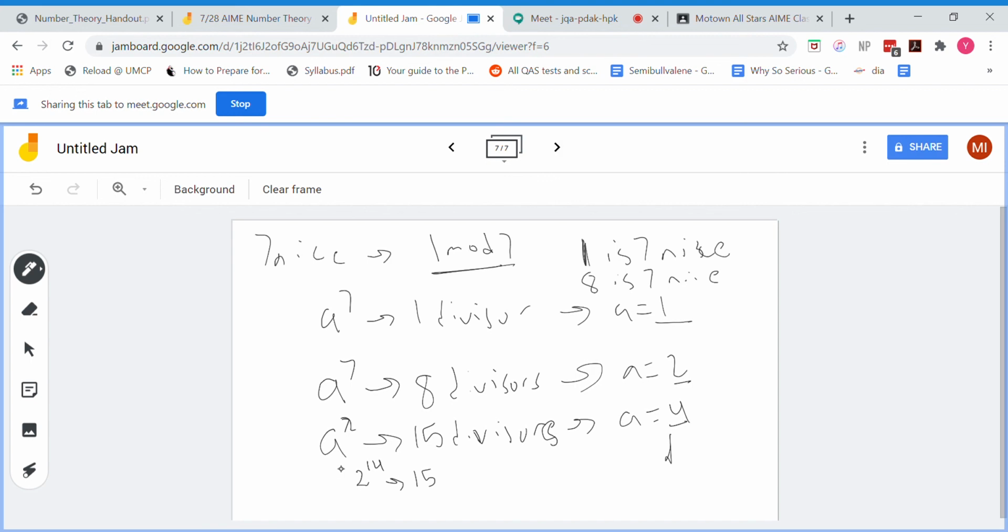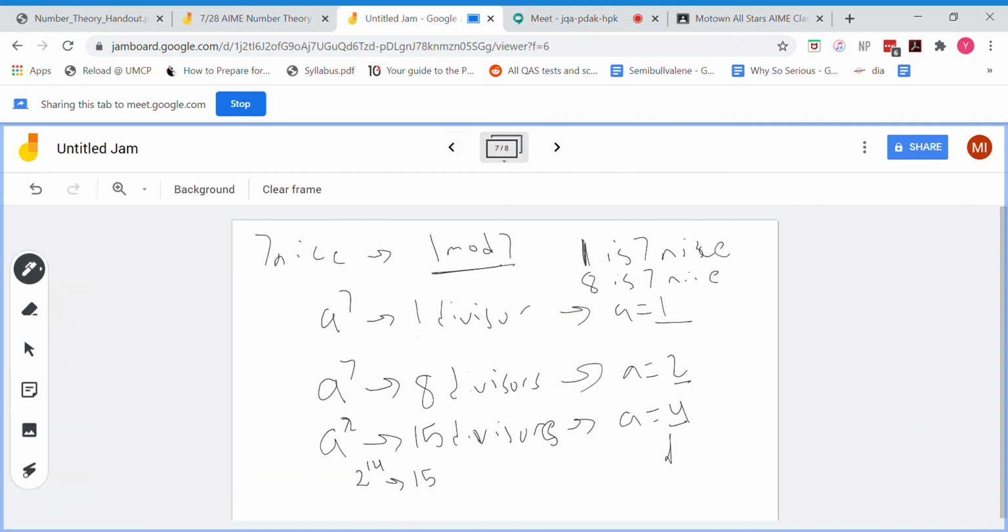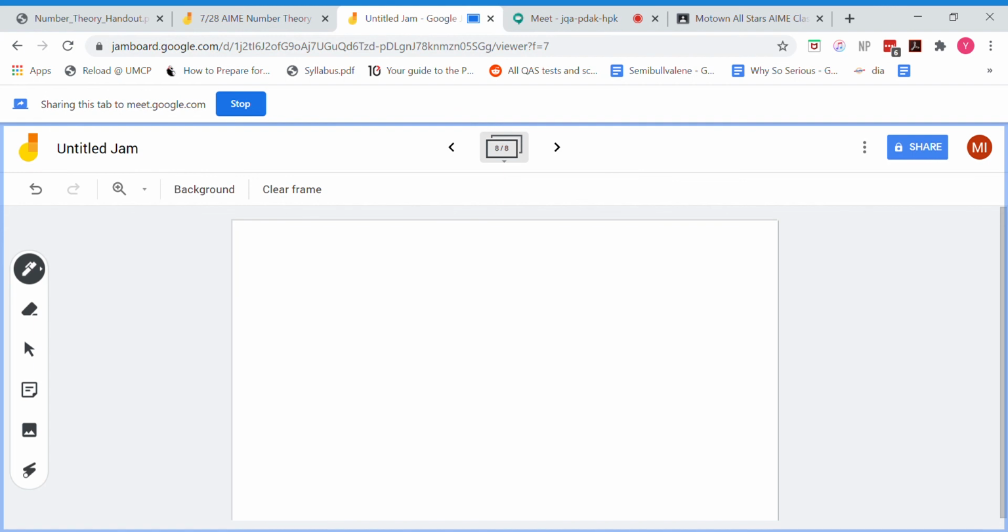So let's think. 1 equals 7 times 0 plus 1, and the a over here equals 2 to the power of 0. 8 equals 7 times 1 plus 1, and a equals 2 to the power of 1. And 15 equals 7 times 2 plus 1, and a equals 4, which is 2 to the power of 2. So this leads me to think that for any number that's 1 mod 7, so 7n plus 1,